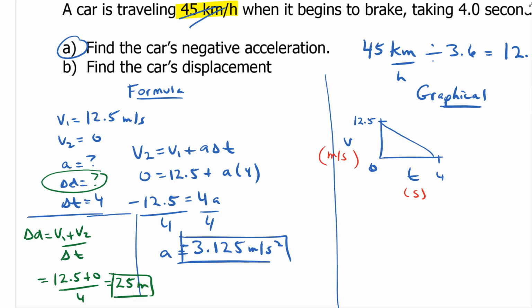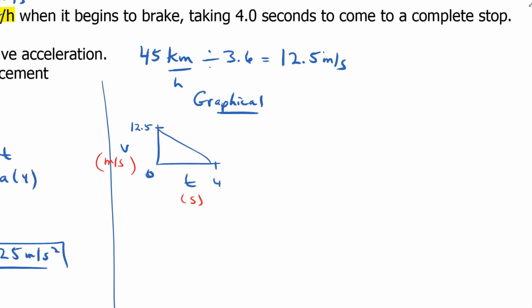Okay, kind of like a grade 11 style way of doing those questions. Now let's go over and try to solve this graphically. So the first thing we want to do in A is find out the acceleration. Well, on a VT graph, the acceleration is equal to slope. So I'm going to say A equals the slope,